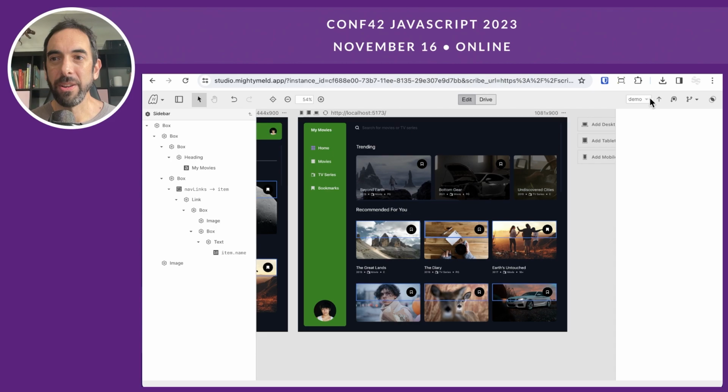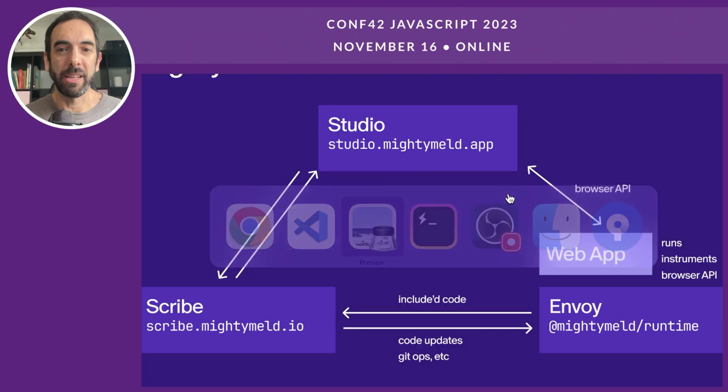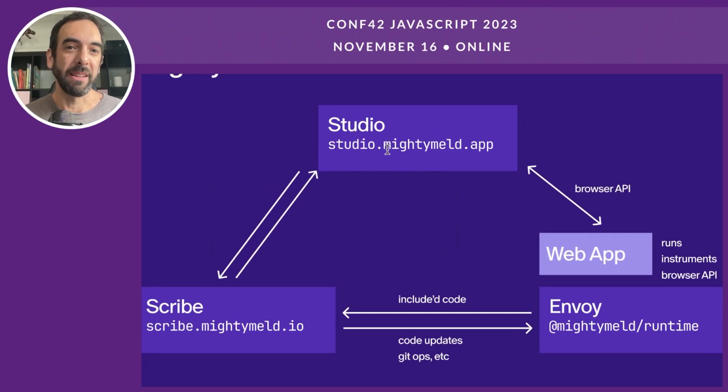MightyMeld also has a few commands to be able to make a commit. So you can make commits right here. And basically the way all that works is by just passing messages through. This part's pretty simple. It just passes a message through to Scribe. Scribe talks to Envoy. Since the Envoy is running on the local disk, you can execute git commands and things